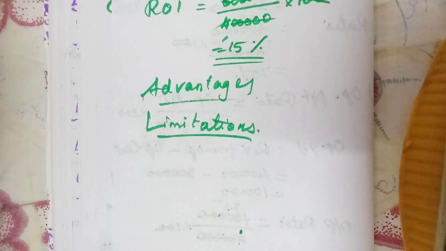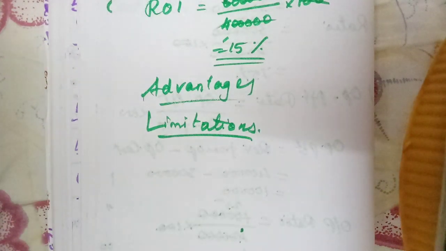Then 3 advantages of ratio analysis, 317. Any 3 advantages, 6 are given, so you write any 3. Then limitations, how many are available? 5. All the limitations you can mark. Okay students, we have completed the portion for half-yearly. One more lesson we will learn with the help of computer after reopening of the school. Best of luck, write the exam sincerely. Thank you very much.